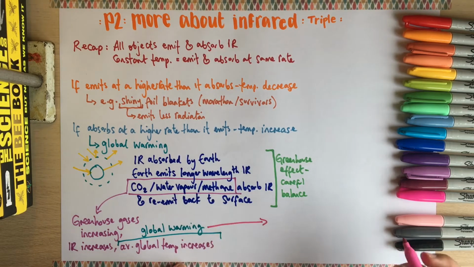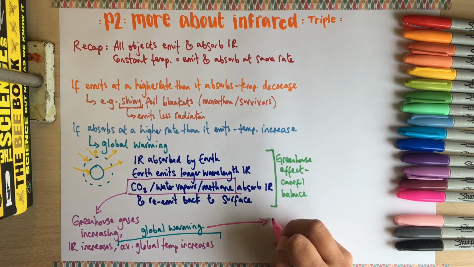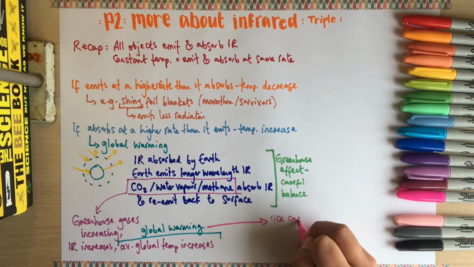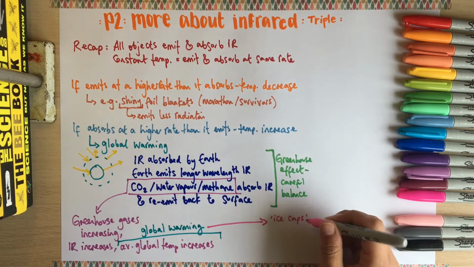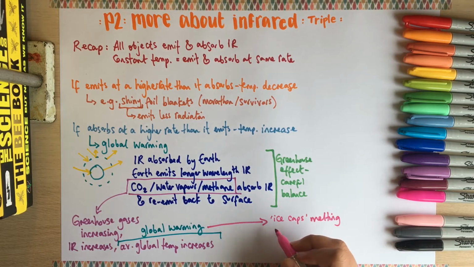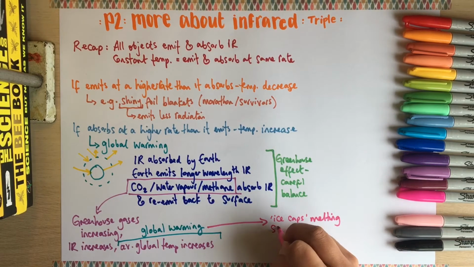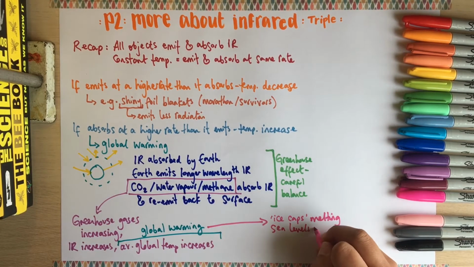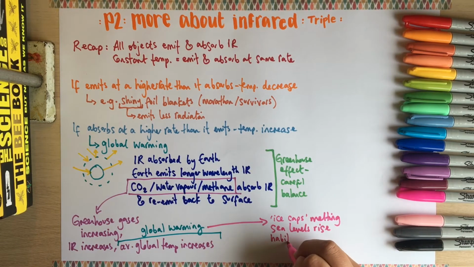So if the average global temperature increases, then the ice caps, so by ice caps we mean at the poles, and lots of ice on land as well, melt, which puts lots more water into our oceans, which means that sea levels rise, which means that some habitats are destroyed